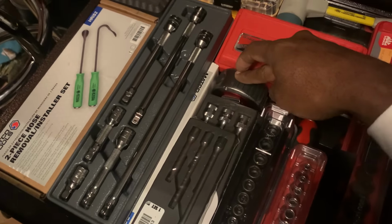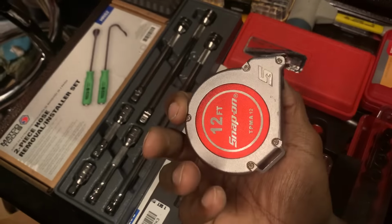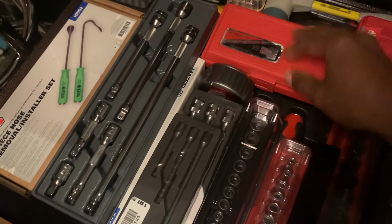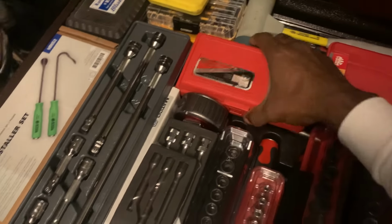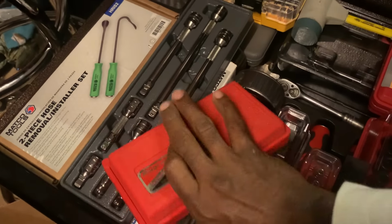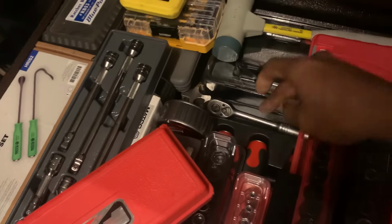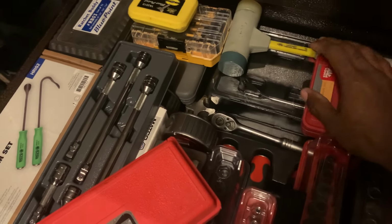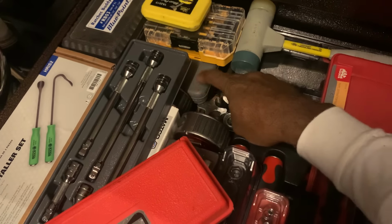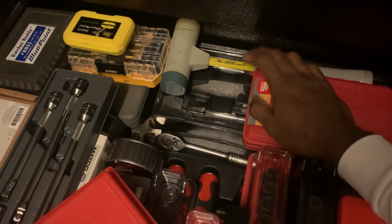Got a metric and an inch tape measure there, 12 foot and 25 or 50 millimeters or something like that. Snap-on extractors, got a set of those. A random Snap-on ratchet that's down there for a reason. We'll talk about that later. Blue Point bit set, Nupla dead blow hammer,